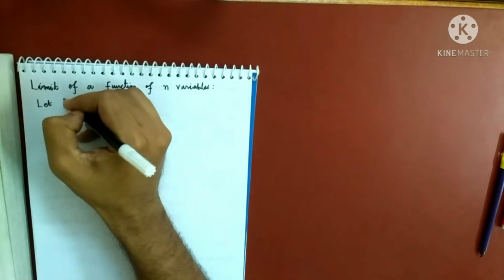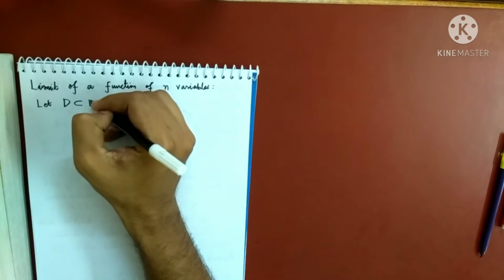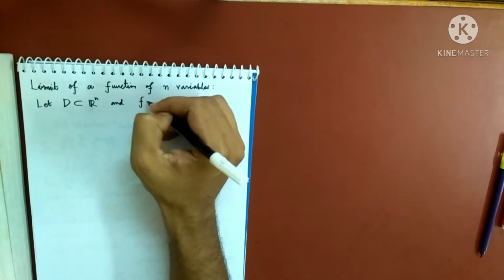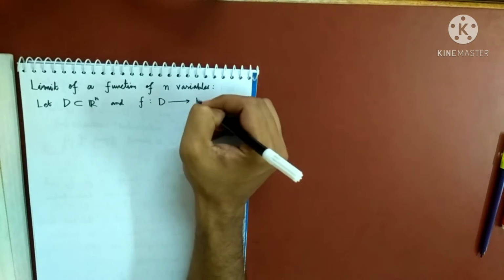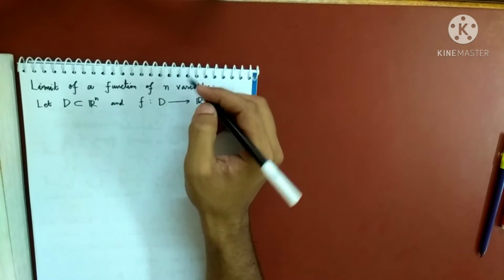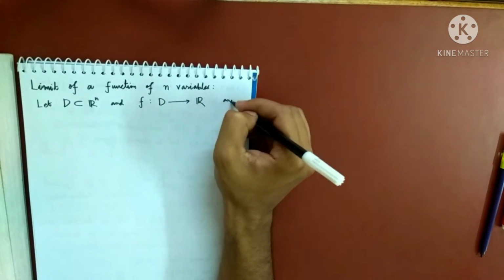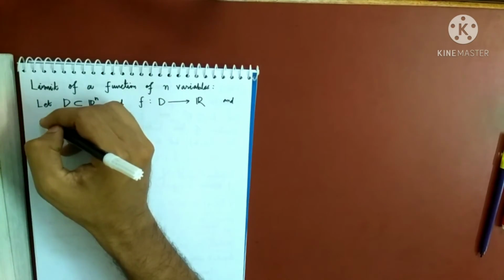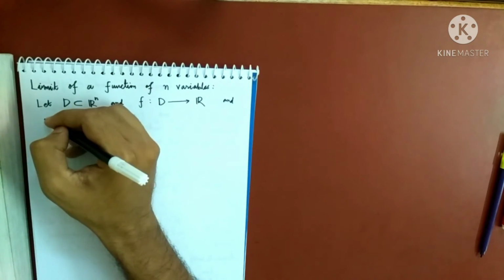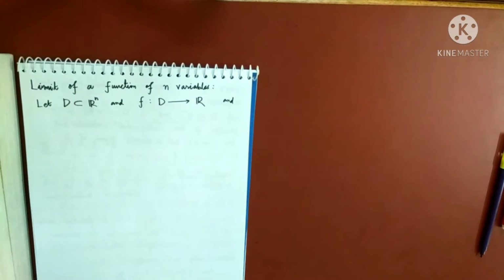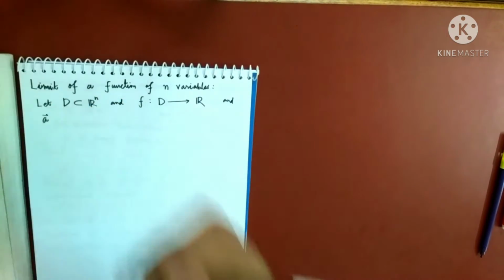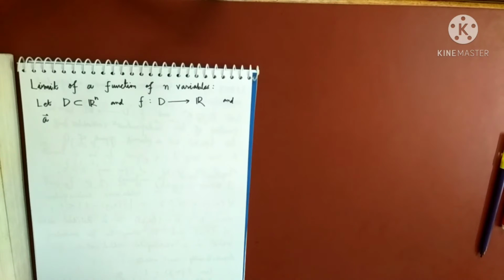So, let D be a subset of Rn and f be a function of several independent variables from D to R. You just write that, and so this is the function of n independent variables from D to R, and you consider a limit point of the domain, and so the limit point will have n many coordinates. A vector means it has got n many coordinates in Rn.